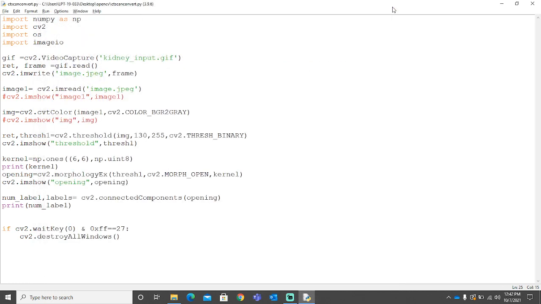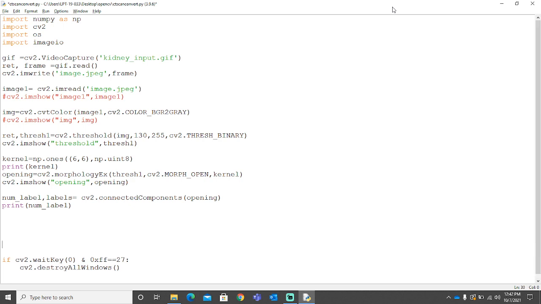Okay, now the part that remains is giving them names and giving them colors. You can even skip giving colors to them and directly go on to give them names. It's seriously very easy, but I'll just do it for my sake. So first we have this grayish white and black image. We need to give it a range of colors, so we'll be converting it to an HSV value, and then we'll be going to BGR or RGB. Okay, so let's do it.